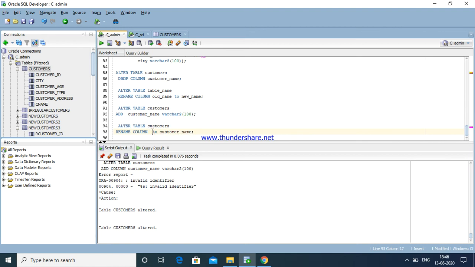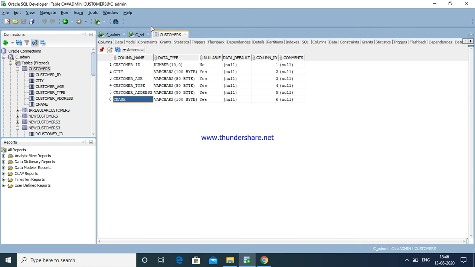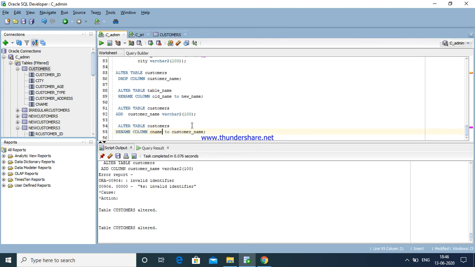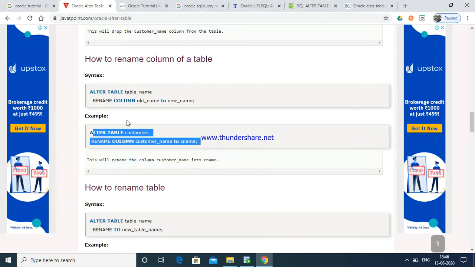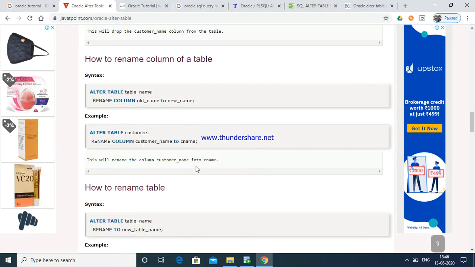Here old name is C name. See here, customer name is C name. Now I am going to use customer name. Control enter. See here, go and check. See, refresh, customer name. Like that we rename customer names.